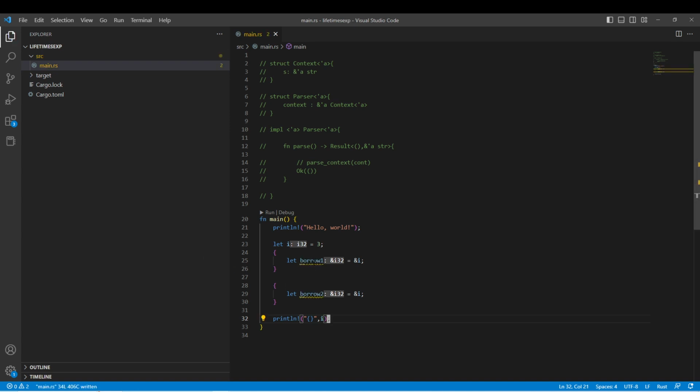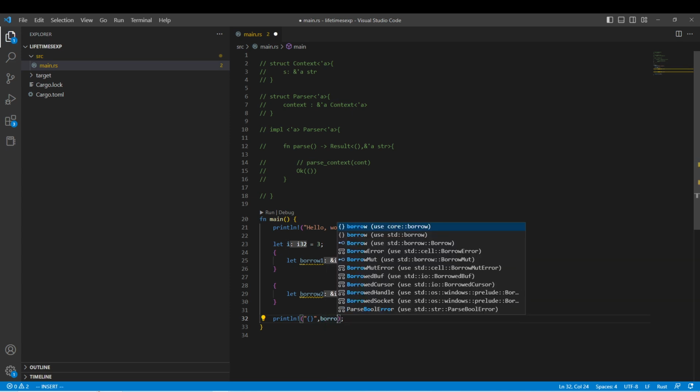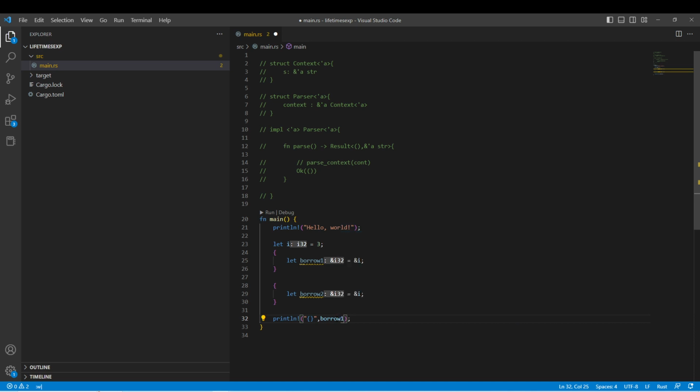We are just taking the borrow, but you cannot print borrow1 here. You cannot find a value in the scope. It is there, but it's not there in the scope itself. But if you apply the same principle,